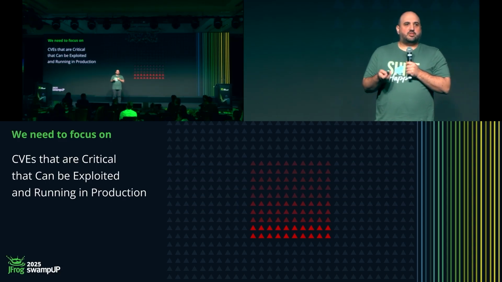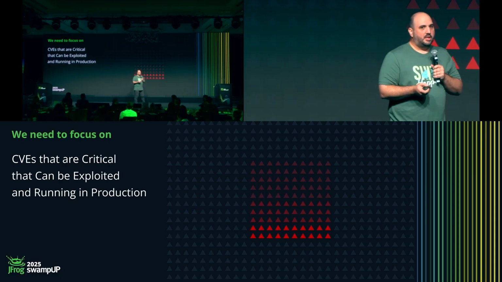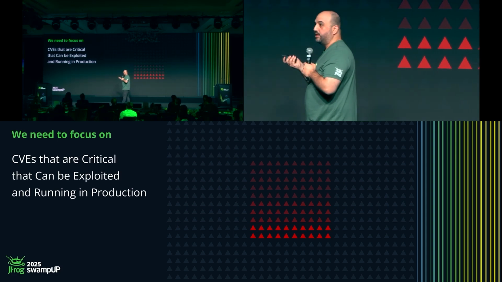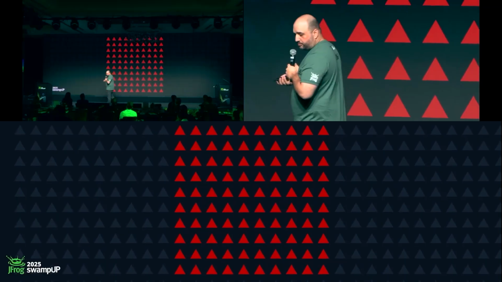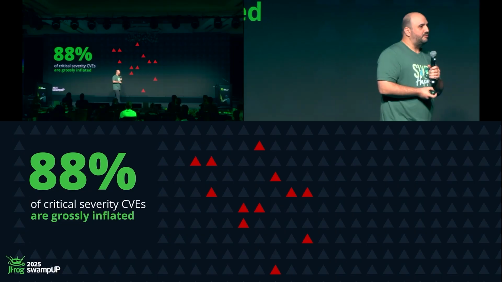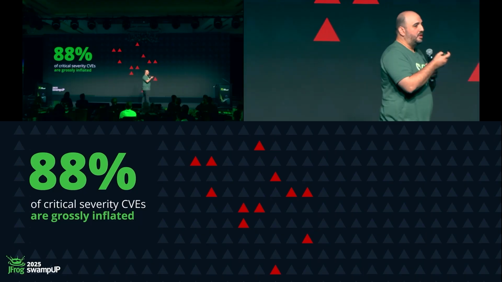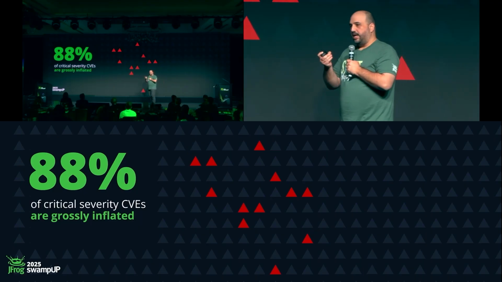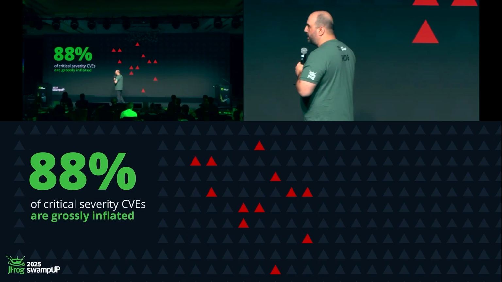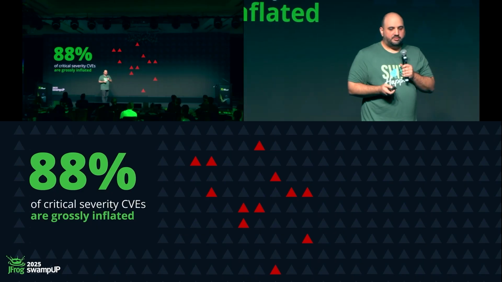And we've researched all of the vulnerabilities that have been released, all of these thousands of vulnerabilities, in order to understand what is really happening. And what we've decided to focus on first is whether they are really critical. Because what we've found is that there are many, many critical vulnerabilities released each year. But 88% of them, we've downgraded their security severity ranking. JFrog puts a severity ranking on each vulnerability, and 88% of them we had to downgrade from critical to lower grades. So really what we're seeing is that we have to deal with a lot of vulnerabilities that are not really critical. This saves us a lot of time.